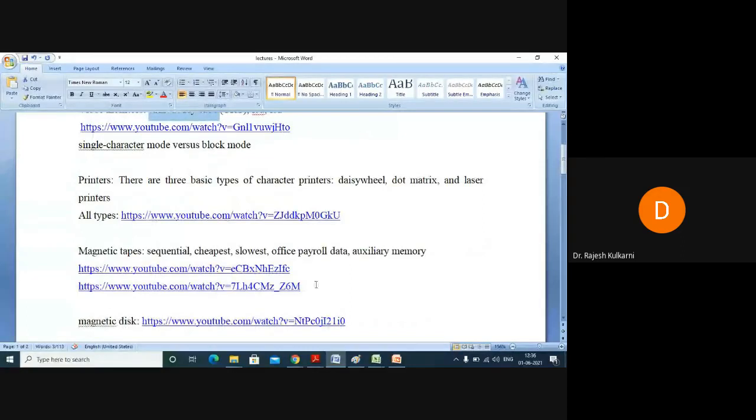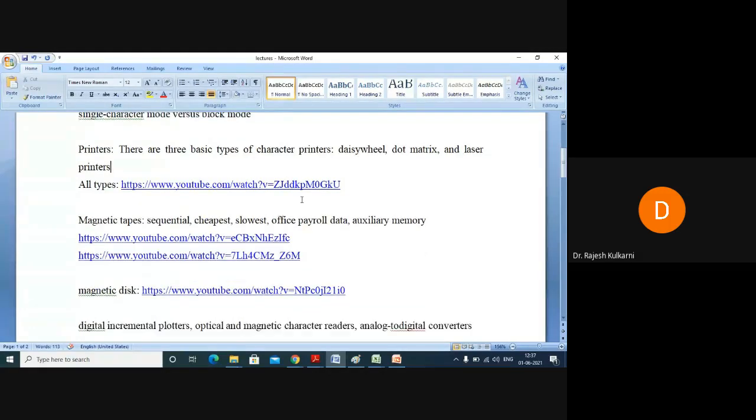Now coming to printers, there are many printers you might not have seen, which we had seen when we were young. For example, there is a daisy wheel printer, there is a dot matrix printer. Laser printers you have seen, but there is also an inkjet printer, there are plotters, there are many types of these output devices, is it not? So we had used the dot matrix and to some extent daisy wheel. Then we used inkjet, then we used laser. Now everybody is using laser, is it not?